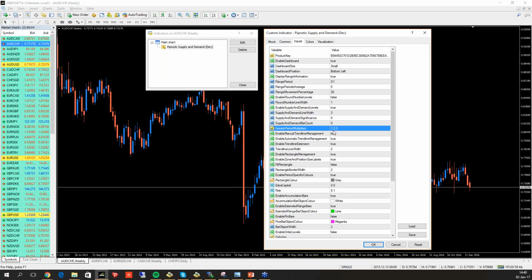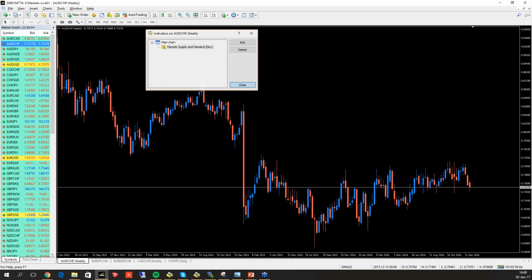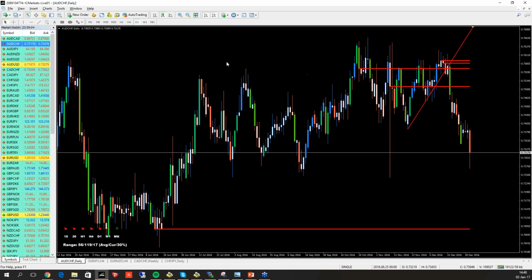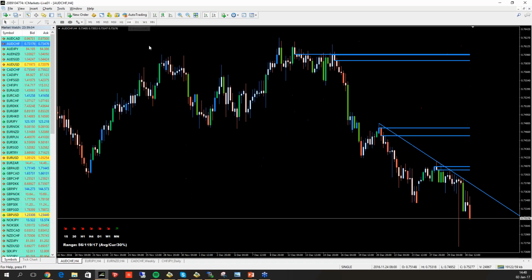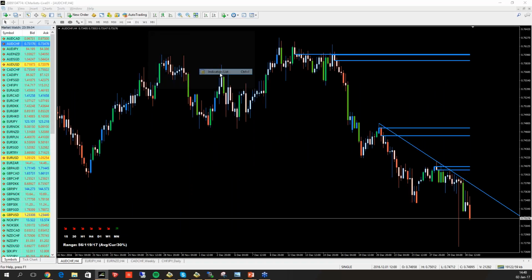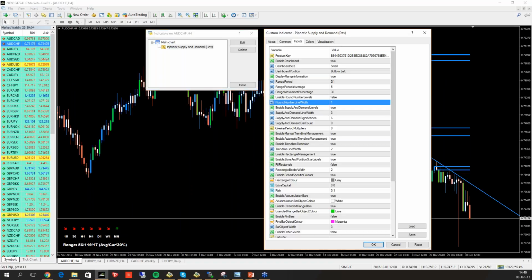And so, I mean, what does 1, 2, 3 mean? Well, this tells the indicator what we are going to be looking at. Let me start with a simple example, 0. When it's set to 0, the indicator is going to calculate supply and demand on the currently active time frame. So if I'm on the daily chart, it's going to be looking at daily supply and demand. If I'm on the 4-hour chart, it's going to be looking at 4-hour, and on the 1-hour chart, 1-hour. But if I set this to, for example, a 1,